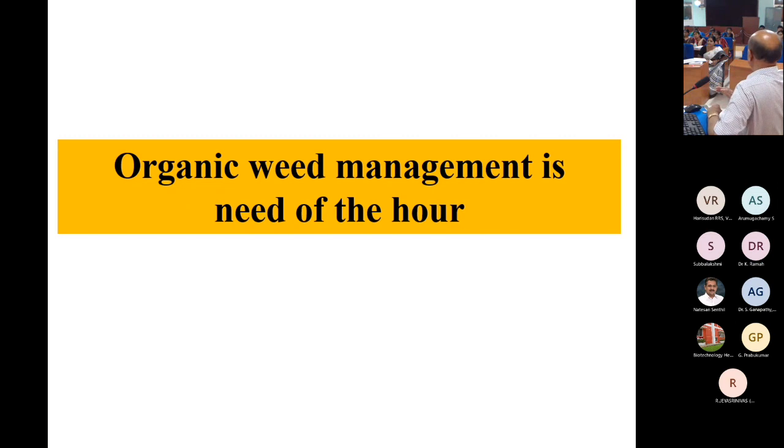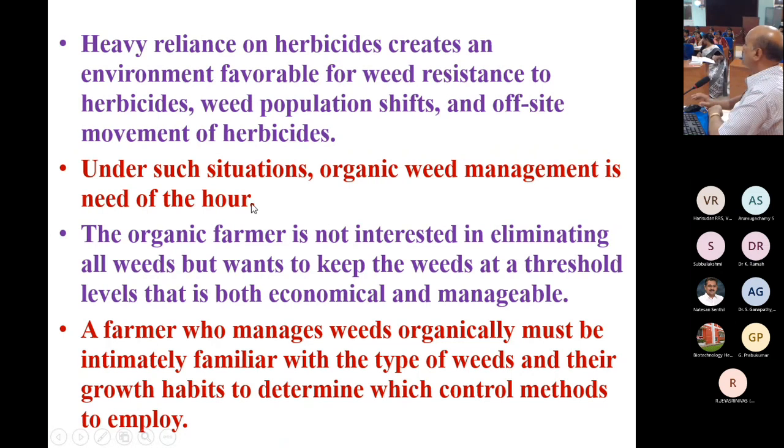This is the study that I showed. So this is the use of herbicides. Herbicide use in due course of time may affect the performance of the succeeding crop. So in this direction, we have to go for organic means of weed management. I will not go in detail because everybody knows what hand weeding and intercultivation are. All these practices you know well. So my point is, why we have to go for organic means of weed management nowadays.